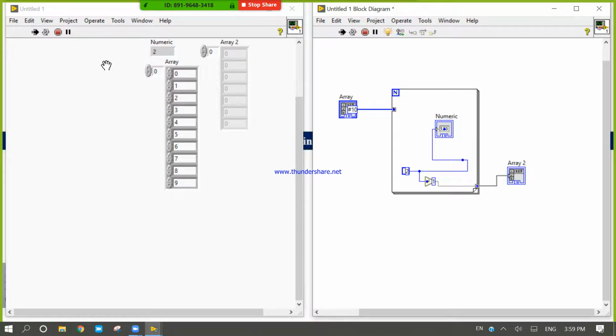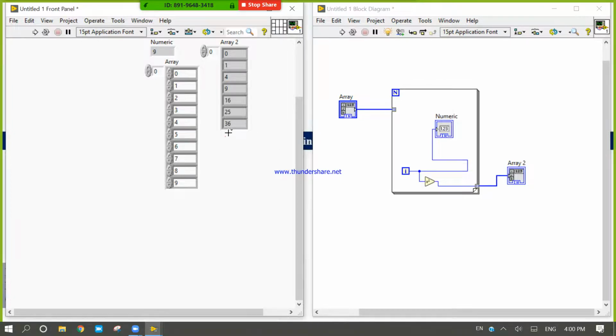In this numeric you can see the value, the squared value, which the array is holding here. When the loop terminates, this array index terminal will send the output. Now look here. Again, because the size of the array is 10, that's why this loop has been executed 10 times.